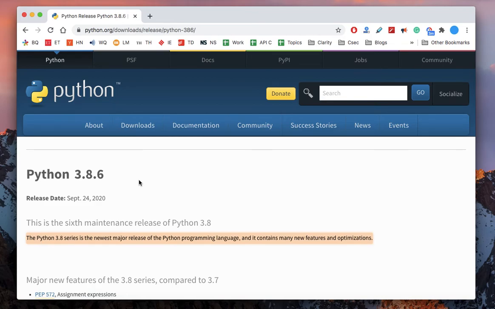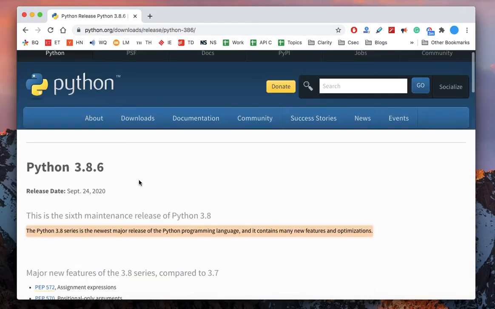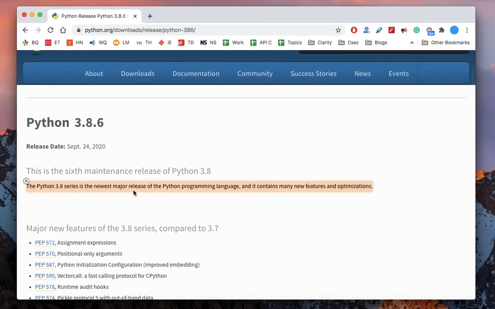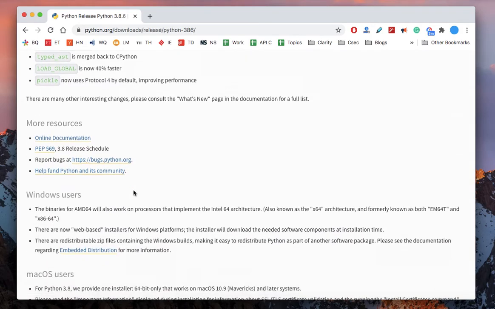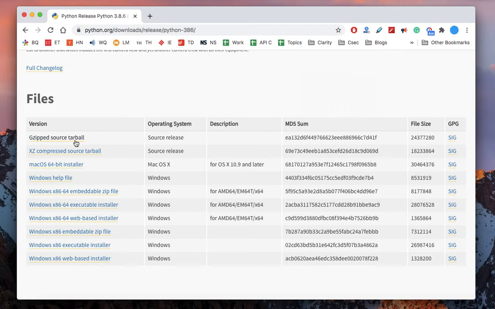If you have a version which is older than this, that is also fine, but this is the latest one. Actually 3.9 is the latest, but that has just come out. 3.8 is the stable one that we will use. So you can download depending on whatever OS you are using. If you're using Windows, you can download the Windows file, or using Mac, or using Linux.